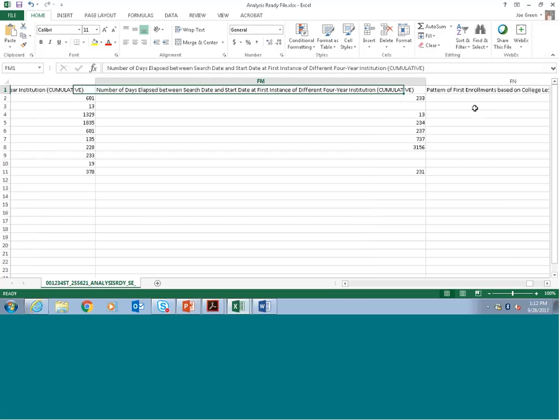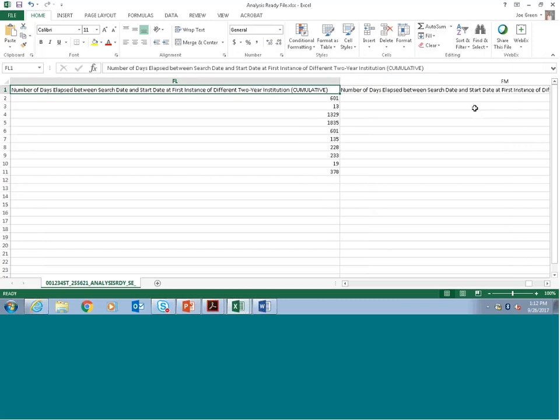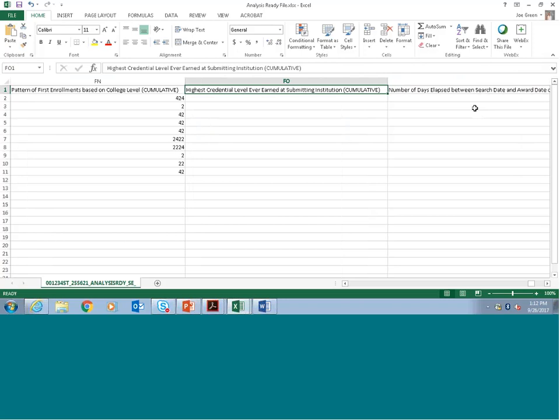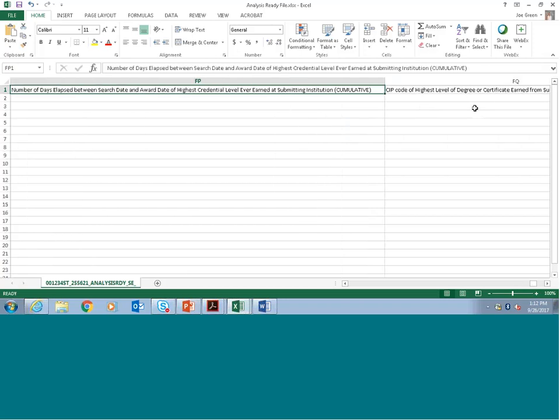We then provide that same information from the different 4-year, so different 2-year, different 4-year, and then we provide the pattern of first enrollments based on college level. We look at our highest credential level ever earned. This would be essentially the associate's, the bachelor's, master's, or the doctorate level. And then we look at the number of days elapsed between the search date and the award date of the highest credential level earned at the submitting institution. And the same thing we look at for the zip code of the highest level of degree or certificate earned